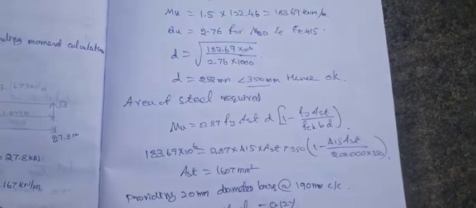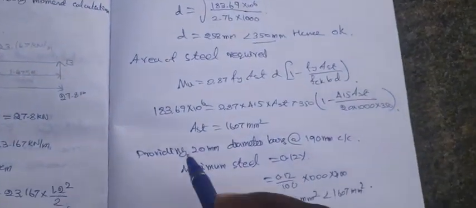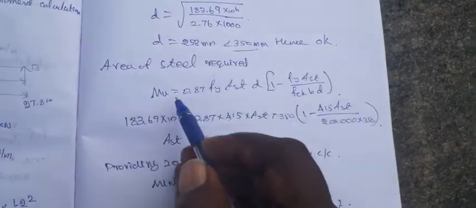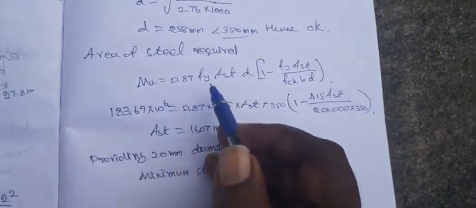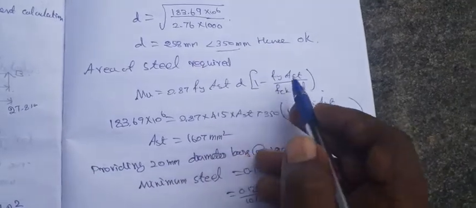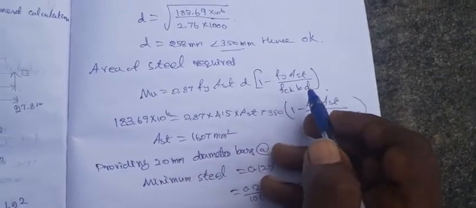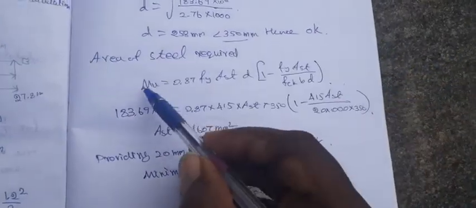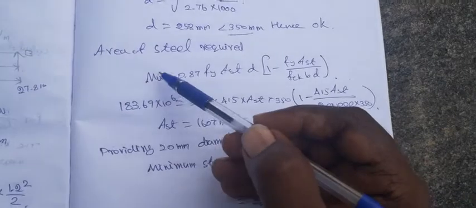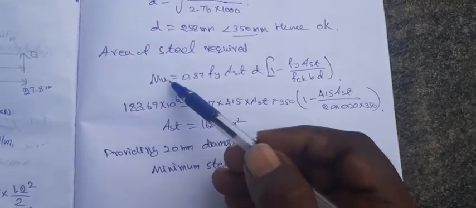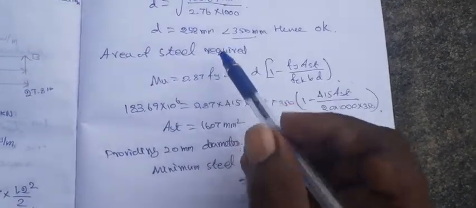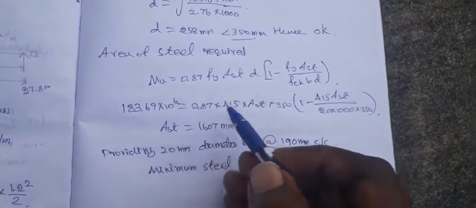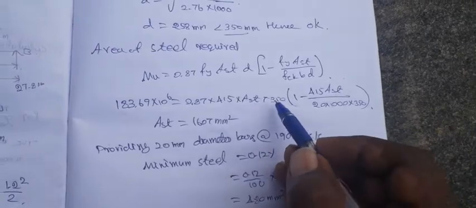Hereafter we are finding the area of the steel reinforcement required. The area of steel is found from the formula Mu equal to 0.87 Fy AST D into 1 minus Fy AST divided by FCK B D. It is an already well-known formula. So here we are placing the values at the required places. So the ultimate moment is 183.69 into 10 power 6 equal to 0.87 into 415 into AST into D value